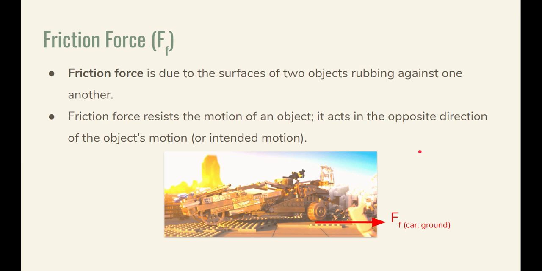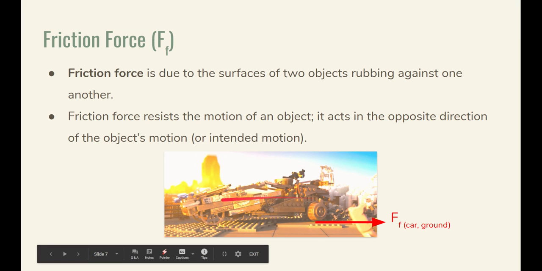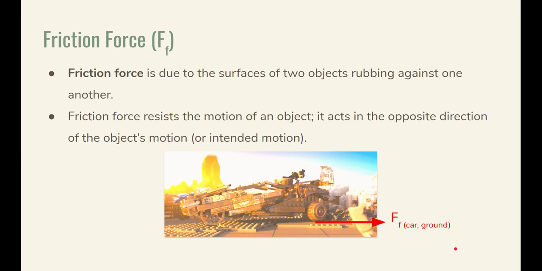And then the last type of force that we're going to talk about today is friction force, which is due to surfaces of two objects rubbing against one another. Friction force resists the motion of an object, and so it acts in the opposite direction of the object's motion or intended motion. And so in this example, the car is moving to the left, and therefore the friction between the car and the ground is going to counteract that, and it's going to push or pull on the car